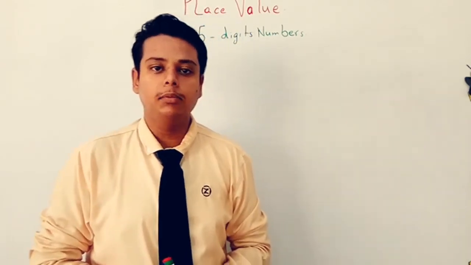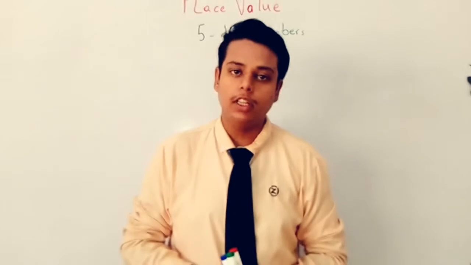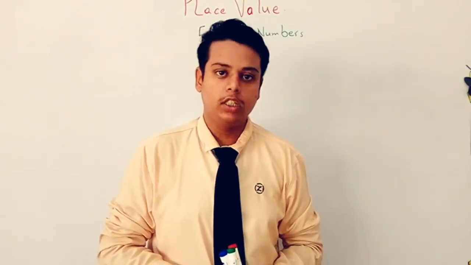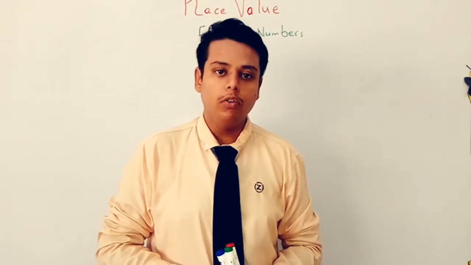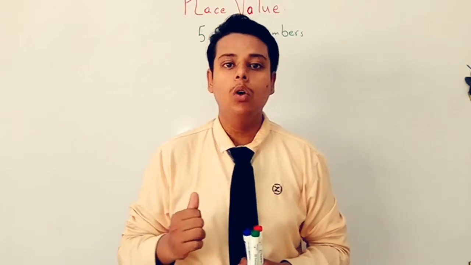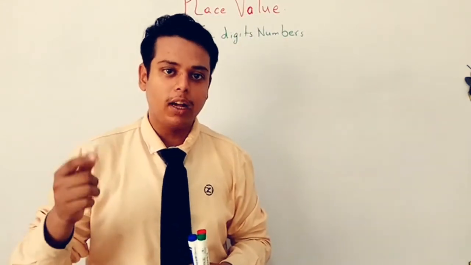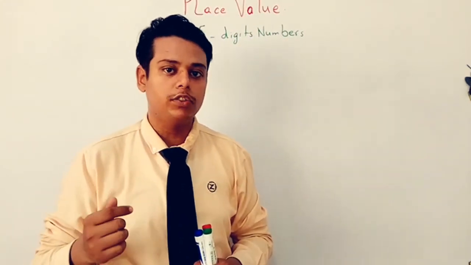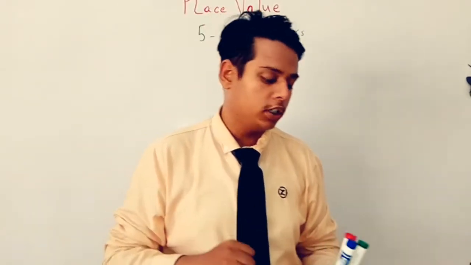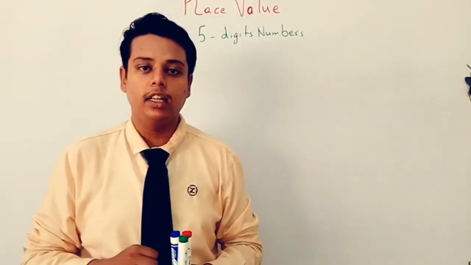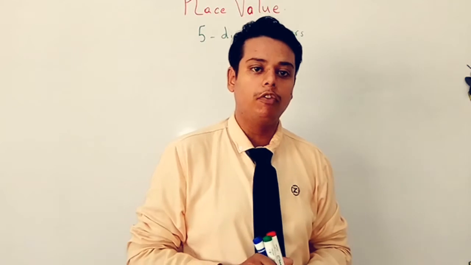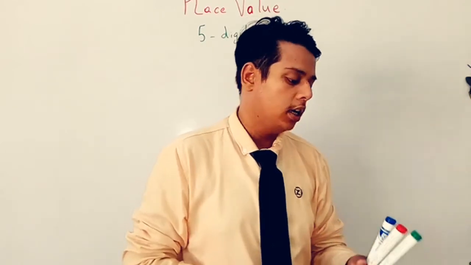In the last class, I mean last week, we learned the place value, but we only learned about 4 digits. So before going on to 5-digit numbers, we will have a quick review. Recall all the things we learned last week. We worked with 4-digit numbers. So how can we write the name, or the words form, of a 4-digit number?